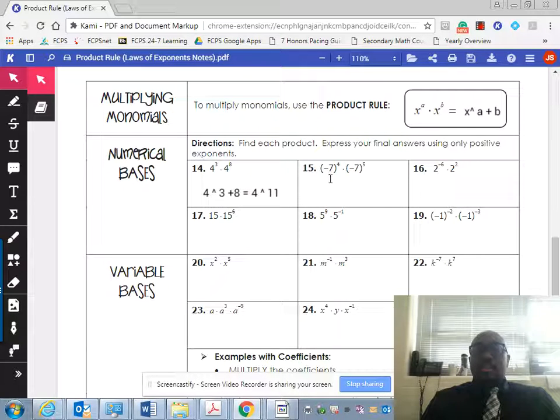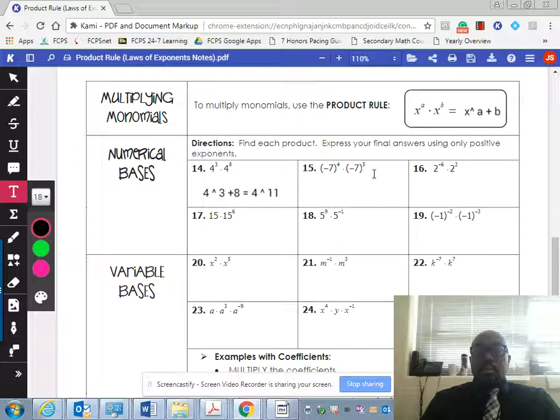We have -7 to the fourth power, and we have -7 to the fifth power. Okay, we have the same base and we're multiplying them, so we're going to use the product rule and just add their exponents. So just like on the last one, 4 plus 5 ends up being -7